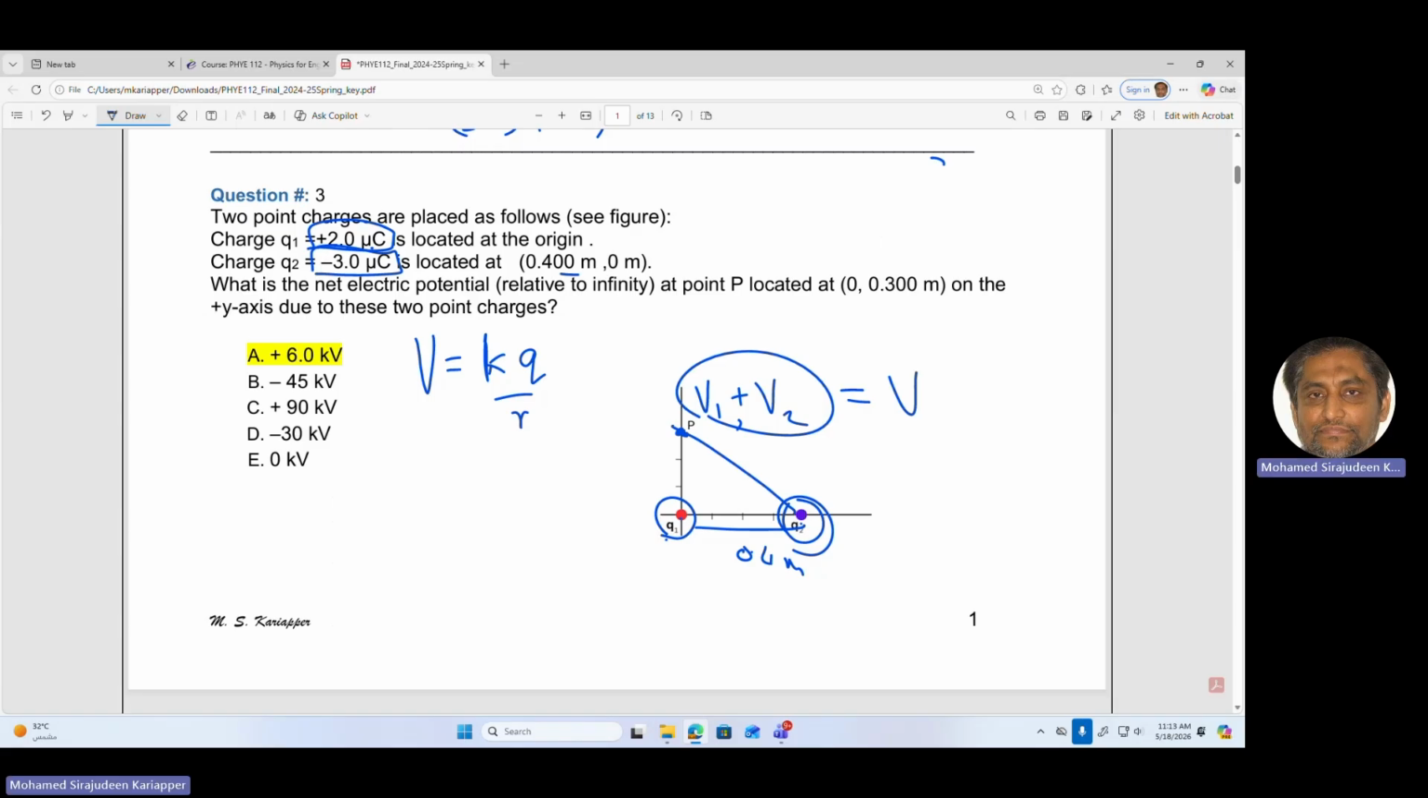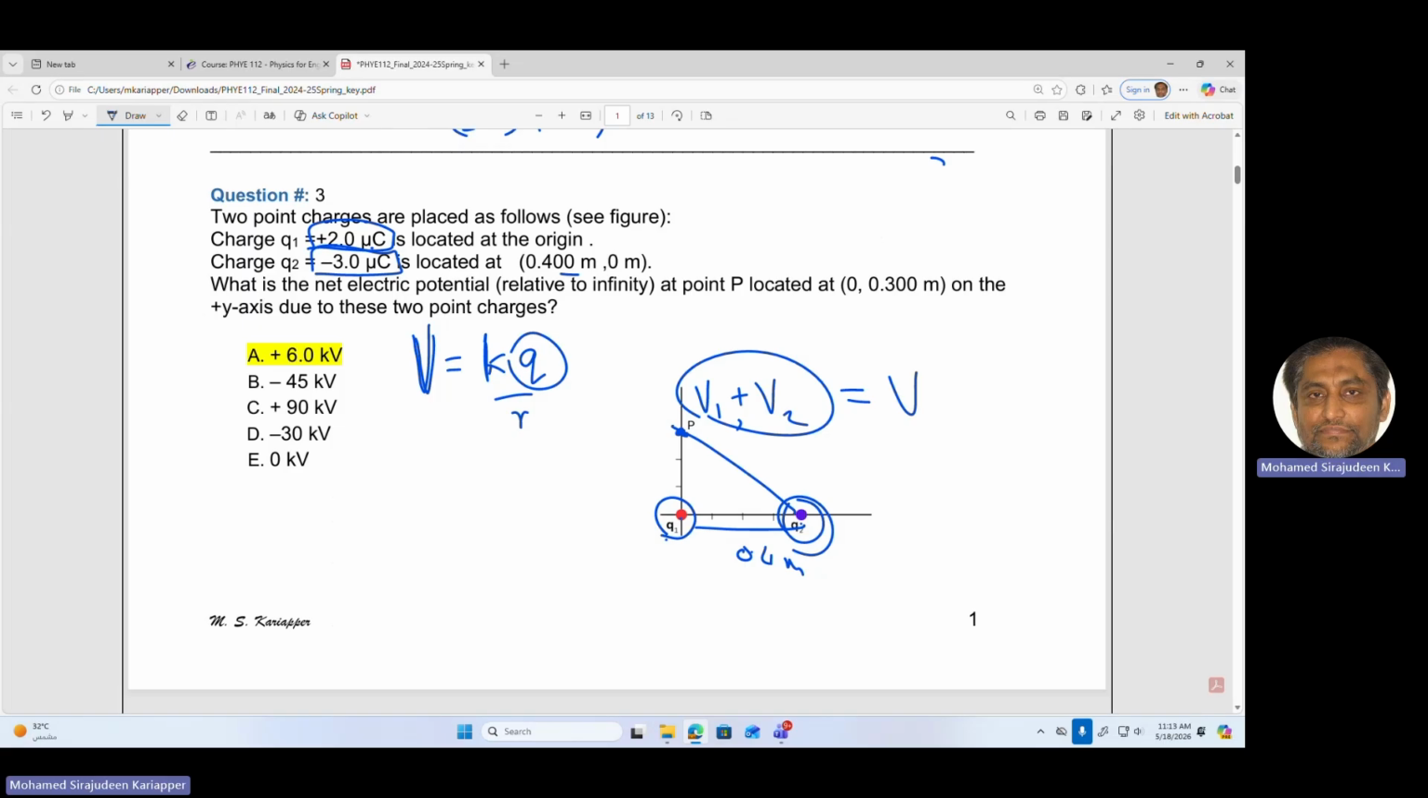But unlike the electric field, which is a vector, that becomes difficult because you have to worry about the direction. It's two dimensions, so you have to add the x's separately and the y's separately. But for potential, we don't have such a problem. It's a scalar. Potential is a scalar. But again, yes, it is a scalar, but this q